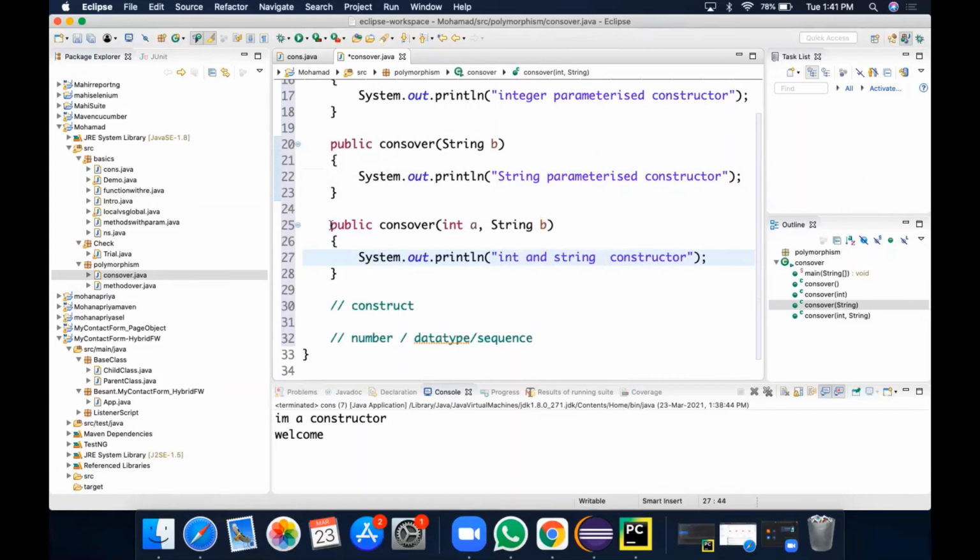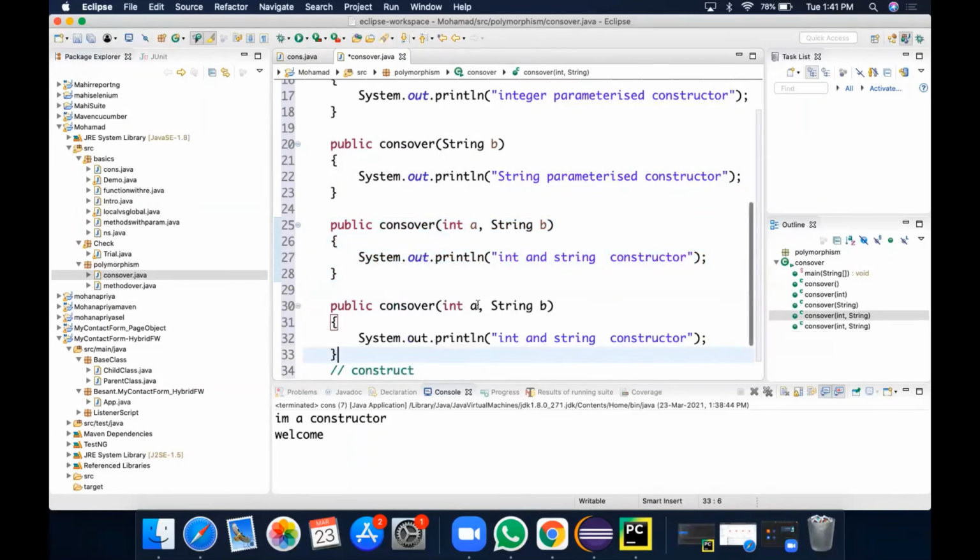Now I'm copying this and changing the sequence, same thing. So it is string B and integer A. It doesn't matter, you can give any name. I'm just giving string and integer.